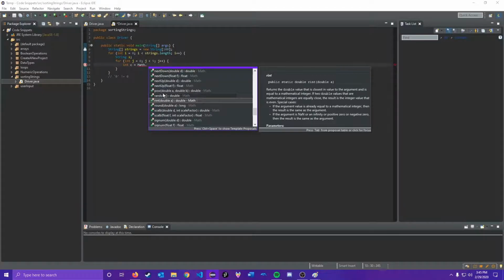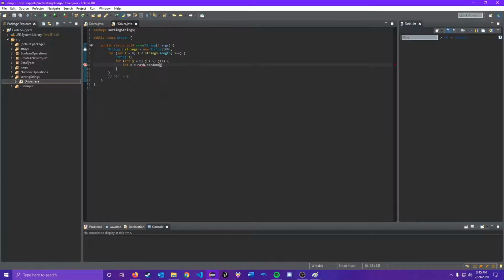Yeah, that returns a double. Okay, so we'll just say Math.random. That's fine. Alright, so the way the Math.random function works is it generates a number between 0 and 1. It can equal 0, but it will never equal 1. So we want to generate something between